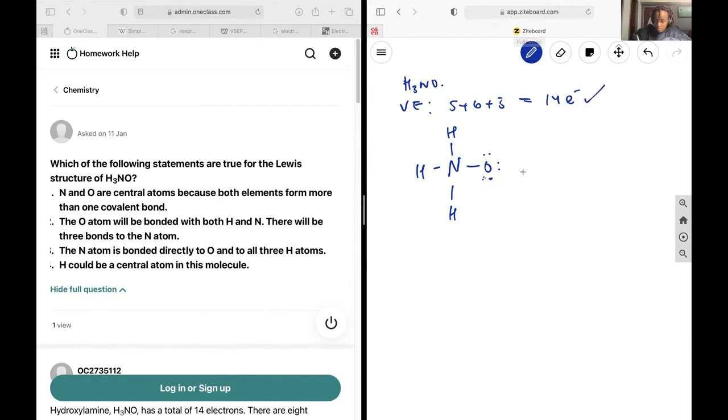Now I can double check on my formal charges. On each of the hydrogens, they've made 1 bond, so they have a formal charge of 0. On the nitrogen, I have made 4 bonds, so I have a +1 charge. And on the oxygen, I have 6 minus the 6 lone pair electrons minus the 1 bonding pair, which will give me -1. And so the net formal charge is correct, but I can neutralize these two if I just change the way